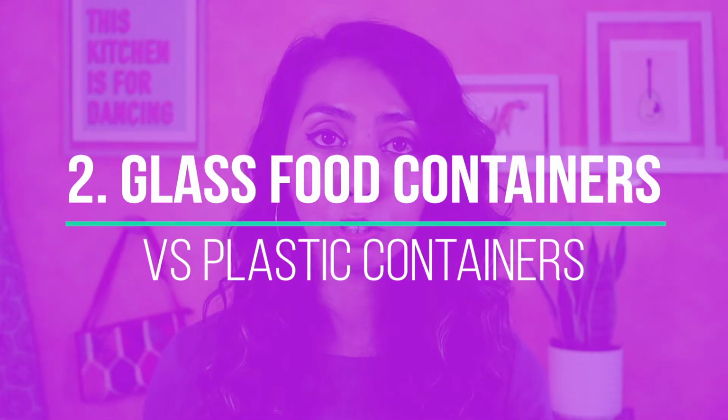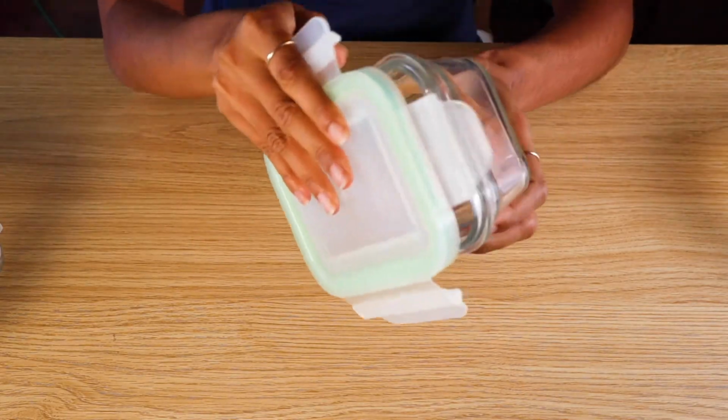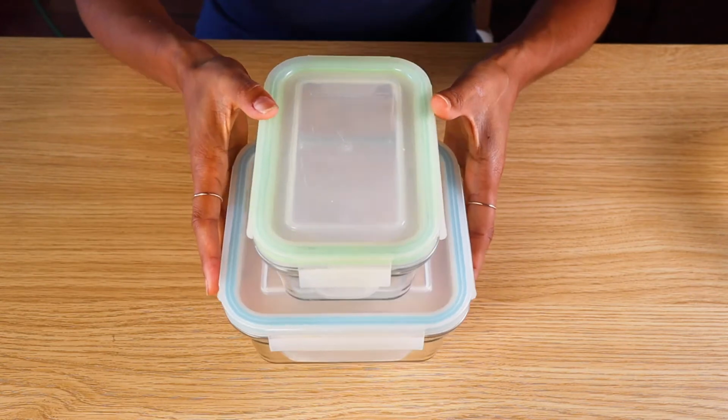Number two, food storage containers. Now, I use the glass lock containers. I've had these for a really long time now. I have about 16 of them, different sizes, and I really like them. One, because they're made out of glass. I can put them in the freezer. They're super airtight, and I can stack them, I can put them in the oven, I can do so much